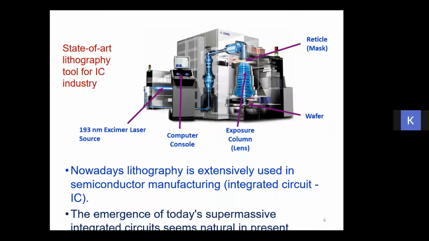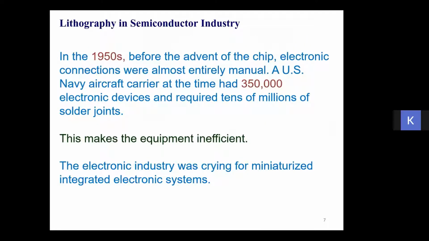Now the question is, why did lithography become the bread and butter of the semiconductor industry? It was mainly meant for printing, and the printing industry was mainly using this technique for artistic purposes. But why did it suddenly become the bread and butter for the semiconductor industry?